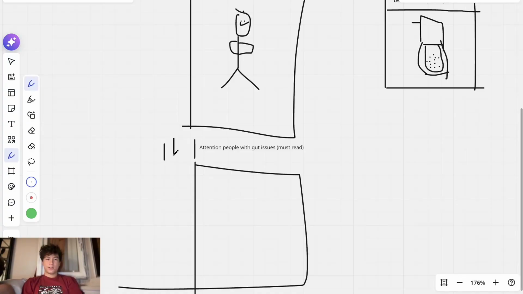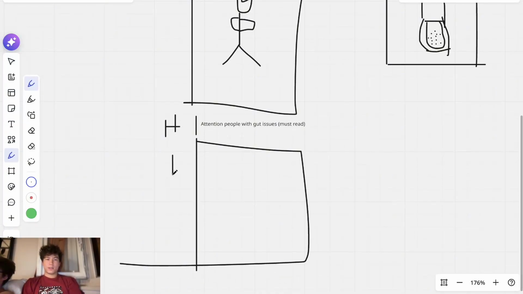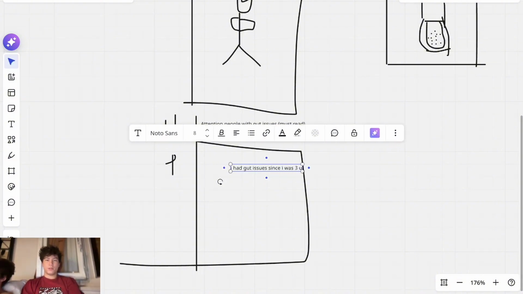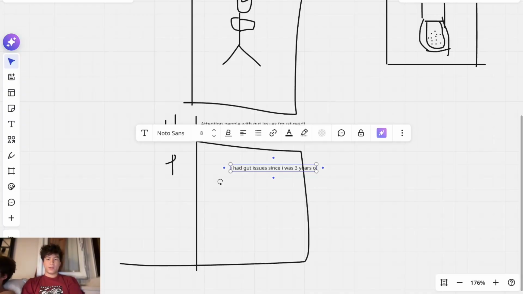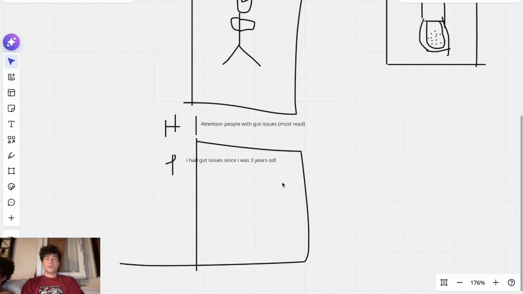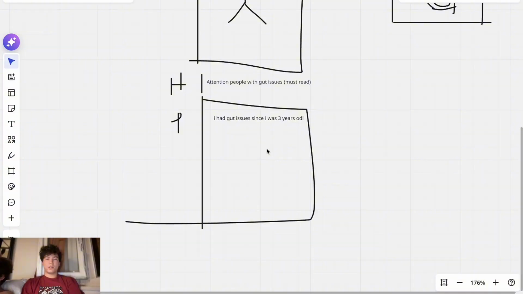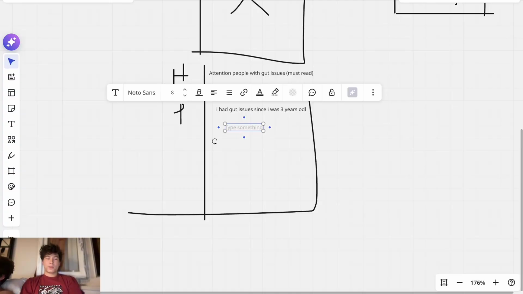So this is the headline, and then the primary text would be like a narrative story, like "I had gut issues since I was 3 years old, and I couldn't figure it out. I was peeing blood, kidney stones, and I did a bunch of research." And this is where you can pretty much put a whole article here and do a long lead,